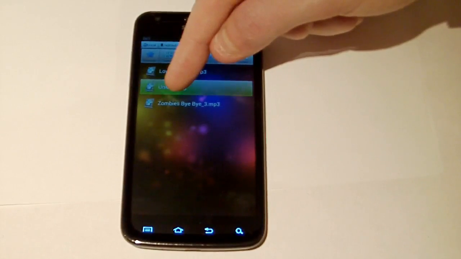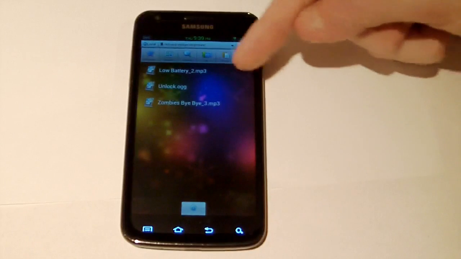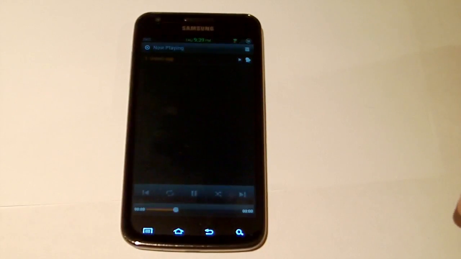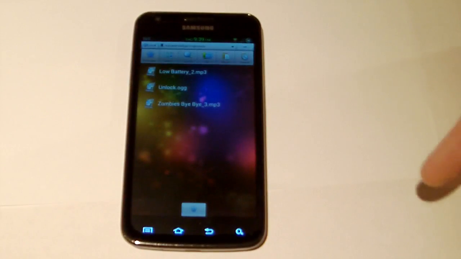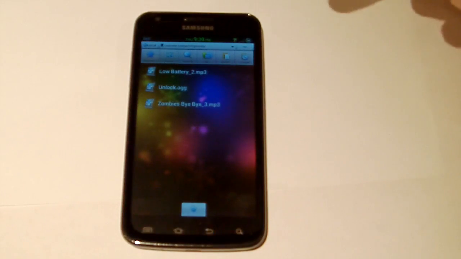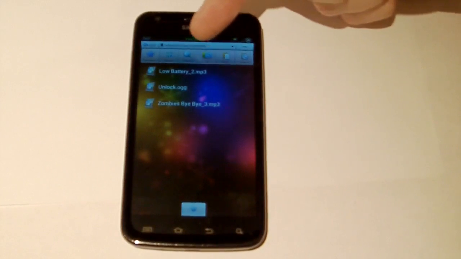So what I'm going to do is copy this sound. So I'll see if I can play it for you first. Oh, you know what? That's a different one, but I'm going to use it. So that's a car unlock rather than that scary one I downloaded, but I'm going to use it. So I'm going to copy that,